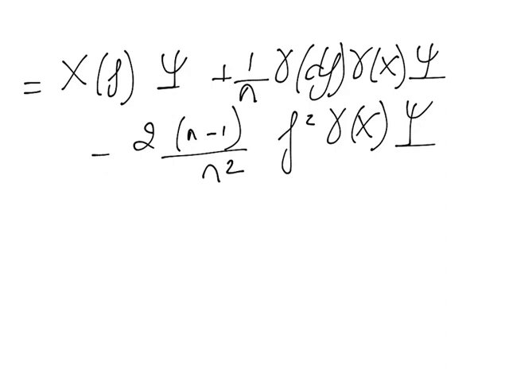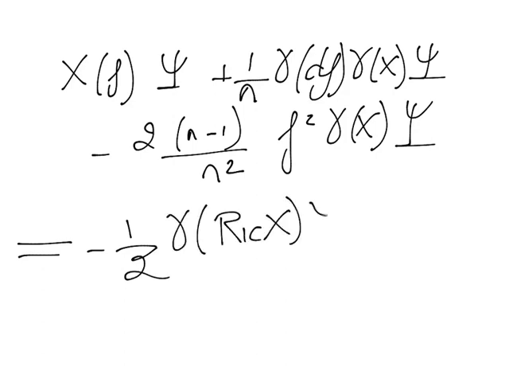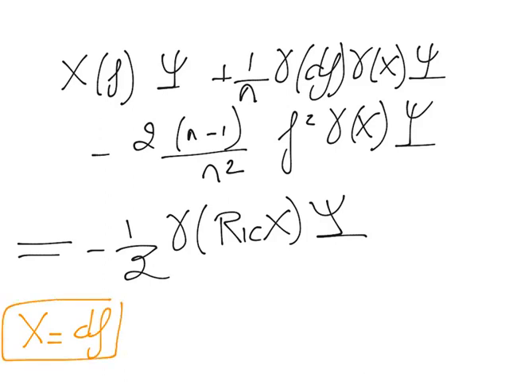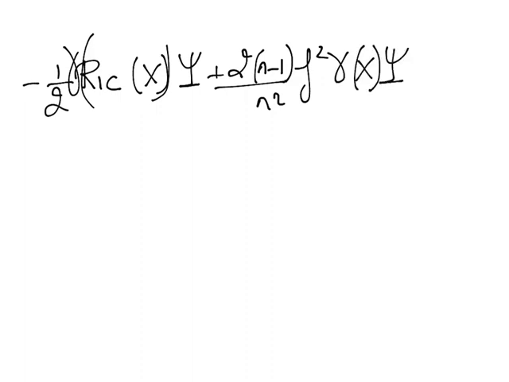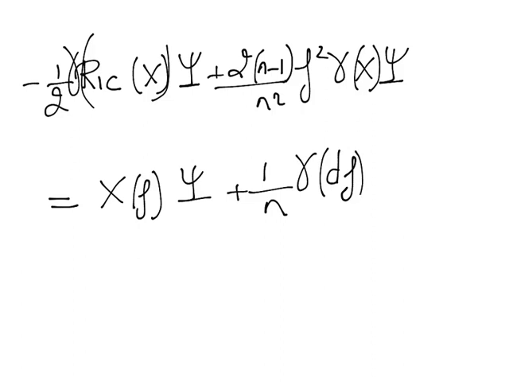So maybe I should write it here, minus half gamma Ricci of x psi. Now, this is true for any vector x, and in the particular case, if you take x to be your df, what you will have, so you will get minus half Ricci of x gamma psi plus 2(n minus 1) over n squared f squared gamma of x psi equal x(f) psi plus 1 over n gamma df gamma x psi,